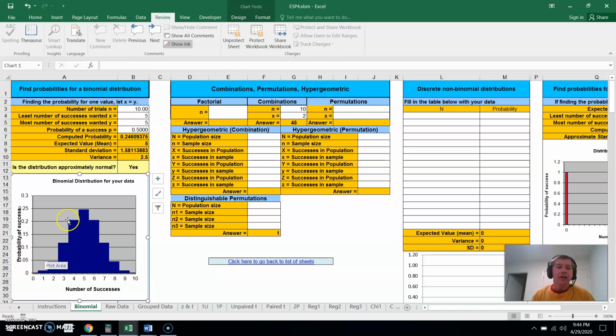Now the previous section of the outline shows how to use functions in Excel to get these probabilities. But what I'm going to show here is how to get this histogram. So on a separate sheet,